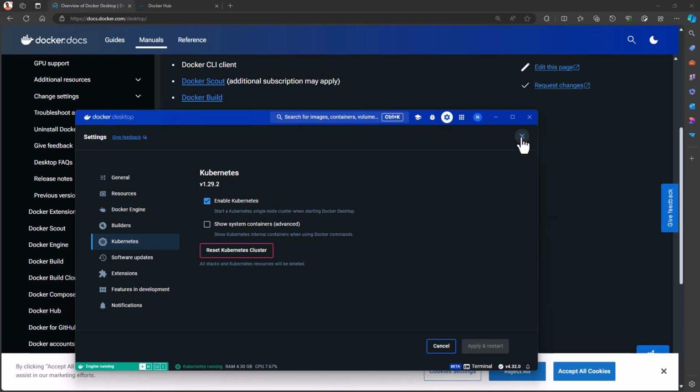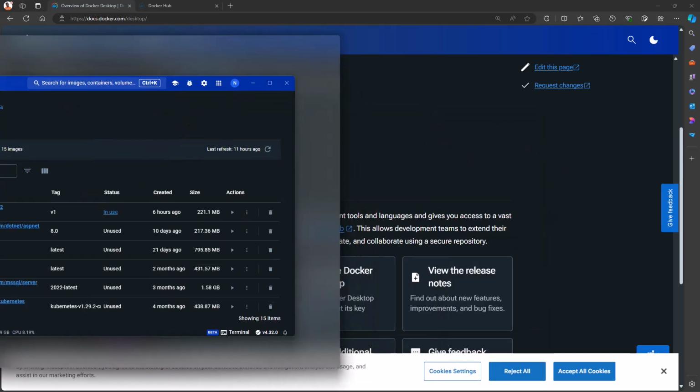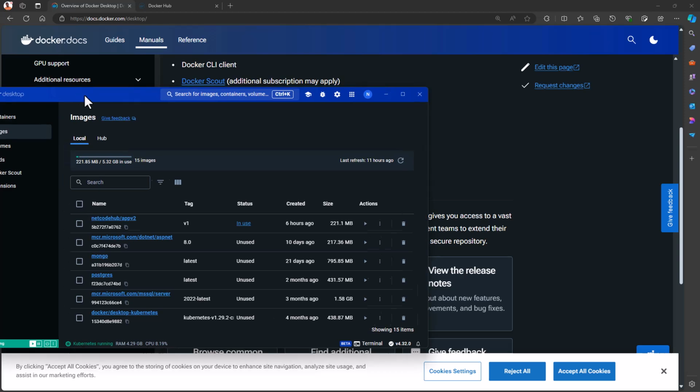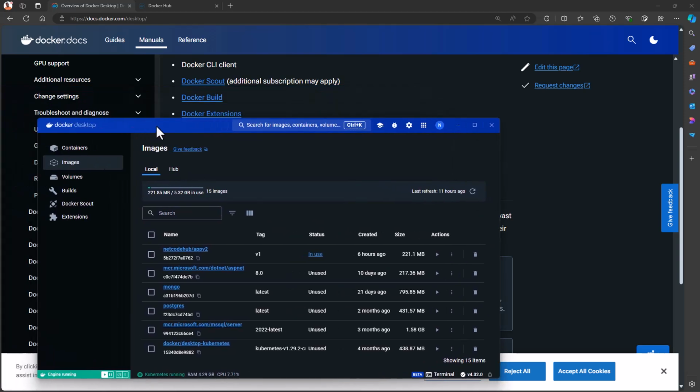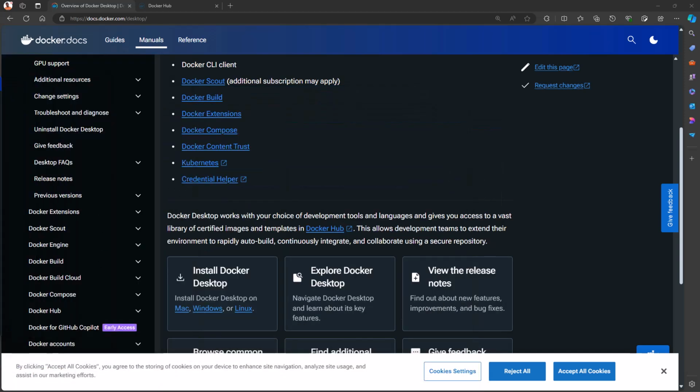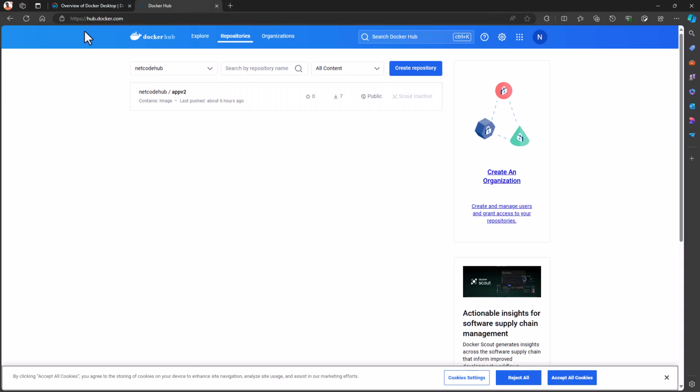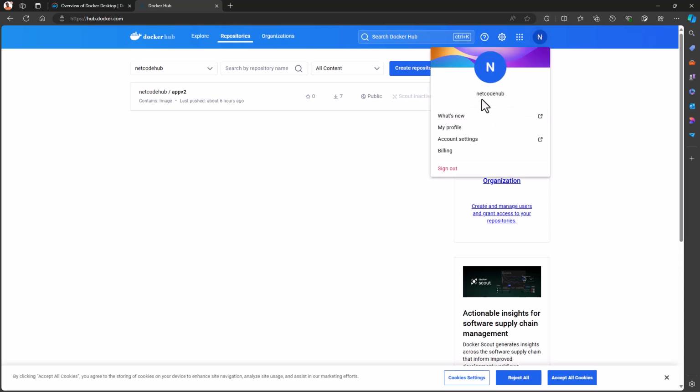What we need to do here is also create an account, because one thing, Kubernetes at a time makes sure it runs the image from Docker Hub, that is a container registry. So you have to make sure that you have your package in there, and that is what Kubernetes is going to use. We're going to grab it from that and run it here for us. In order to do that, you go to hub.docker.com and log in. You can see I have logged in already, and mine is netcode. So I have my username.